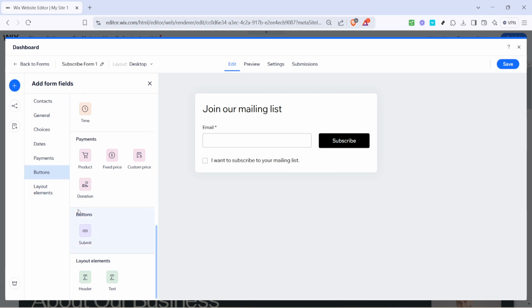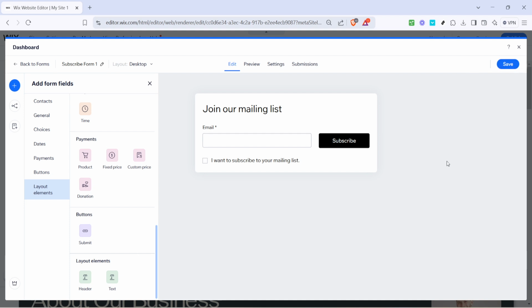This is a great opportunity to ensure seamless navigation and visual consistency with the rest of your site. Lastly, make any necessary changes to the layout elements to ensure the form sits perfectly on the page. Once everything looks and feels just right, head over and click Save to apply all your changes. And there you have it, your newly added subscribe button is ready and waiting for visitors to your site.